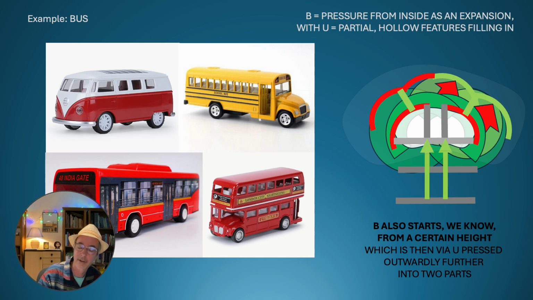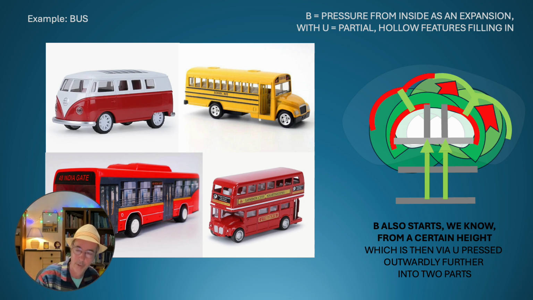Also important is that we have already the idea of that hollow and to-be-filled-in part, without saying much more about it. And with the focus of B, we also have to be careful. There's a certain height before it starts because it's focusing towards the outer shell. So we focus a little bit higher and then we go up. So the basic underlying structure, almost automatically how we do that in our brain to create that balance. We have that B a little bit pressed up, going to the side, pressed into 2,